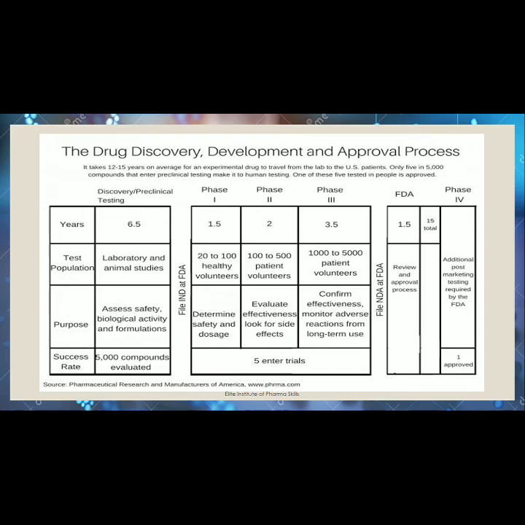NDA, the new drug application, is the regulatory authority which provides permission to launch a new drug in the market. An investigational new drug application, INDA, is the regulatory authority which provides permission to conduct clinical trials. This is the summary of all 4 phases and how the product gets launched in the market from synthesis